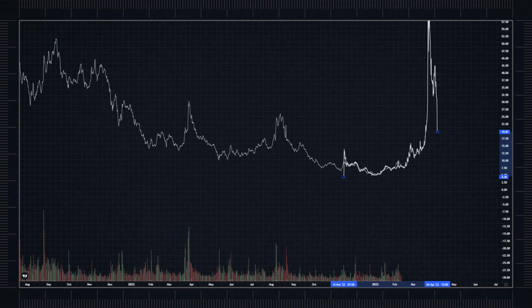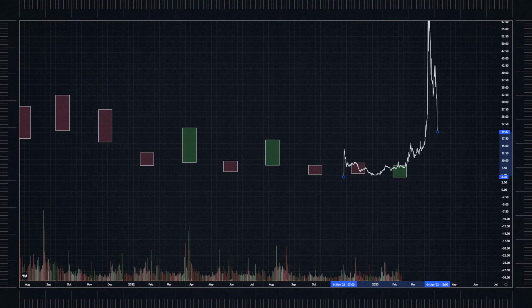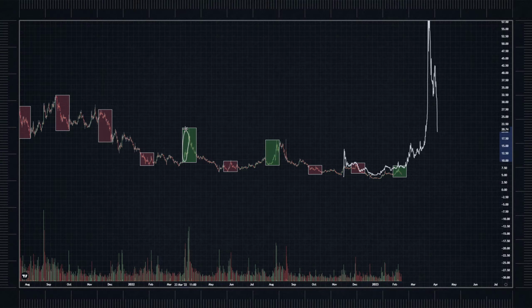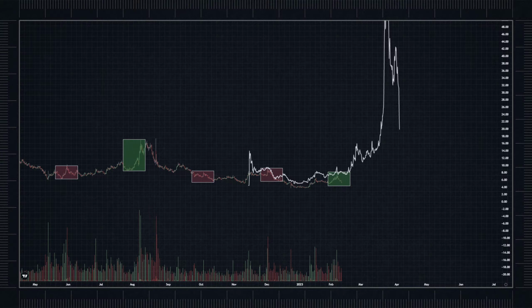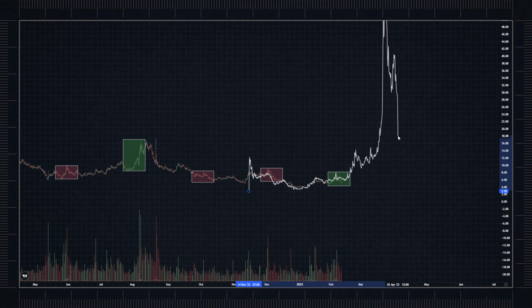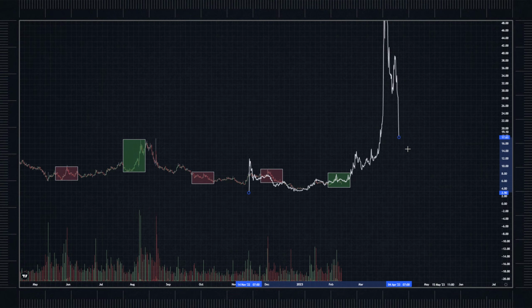So here's the POIs. Here's AMC. You can see that the one in March was a little bit early. The one in August was a little bit late, right? This one, not done yet, but on this fractal that you're looking at right now, it is calling for more upside in the coming days. So we can definitely start to see that pressure build up here in the short term.